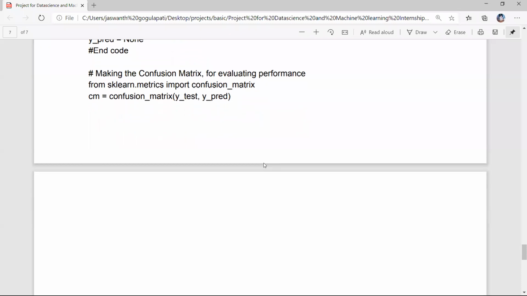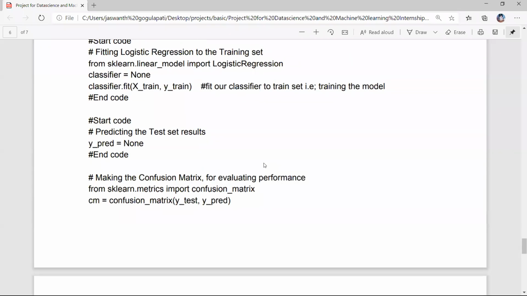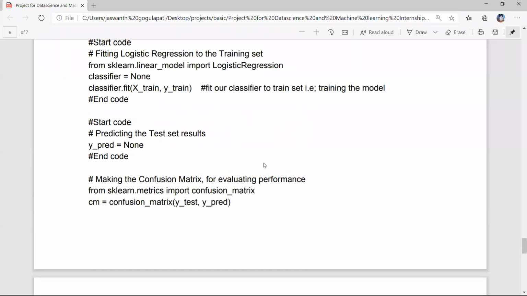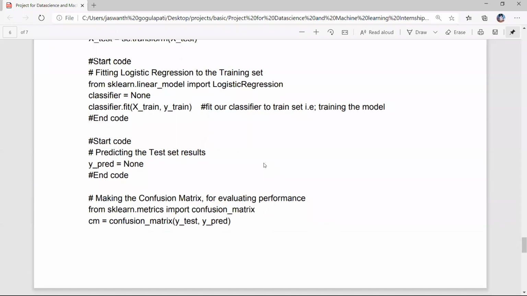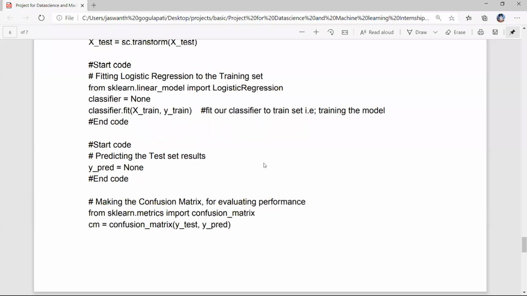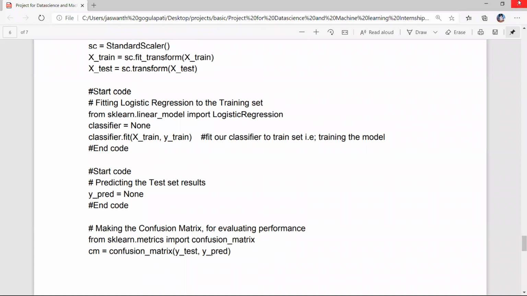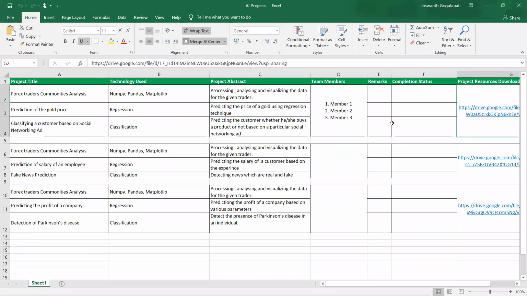Based on the confusion matrix, we can say how our machine learning model performs, whether it has an accuracy of 80%, 70%, or 60%. Generally, for a machine learning model, 70% accuracy is a moderate evaluation. As the data set increases, the model generally fits better, and our accuracy goes on increasing as our data increases. So now the beginner model has been completed, right?